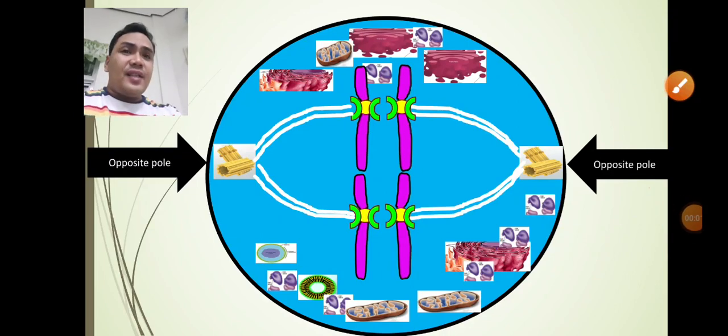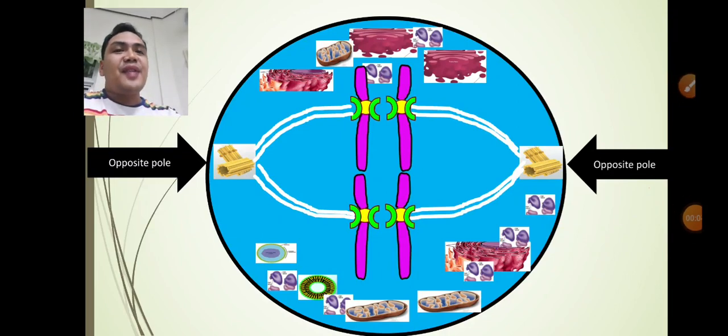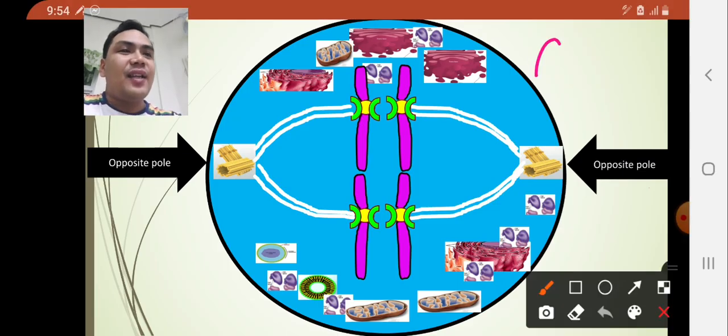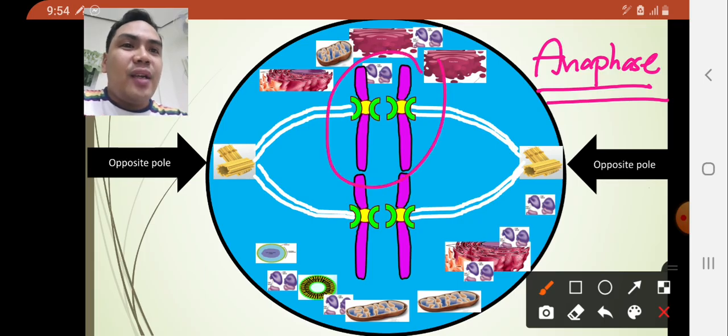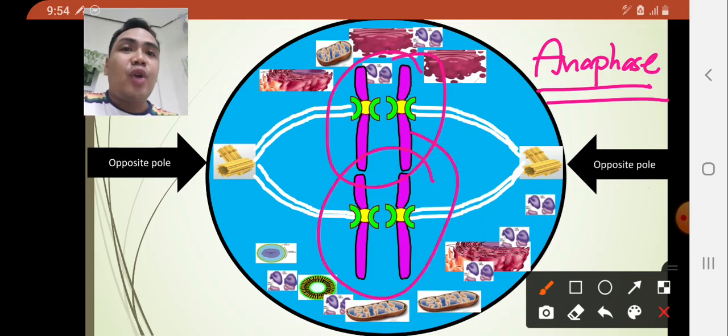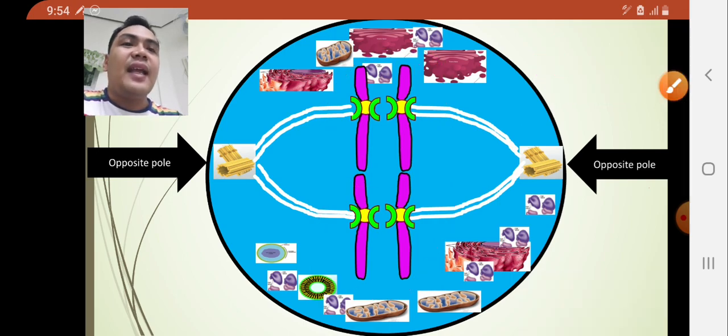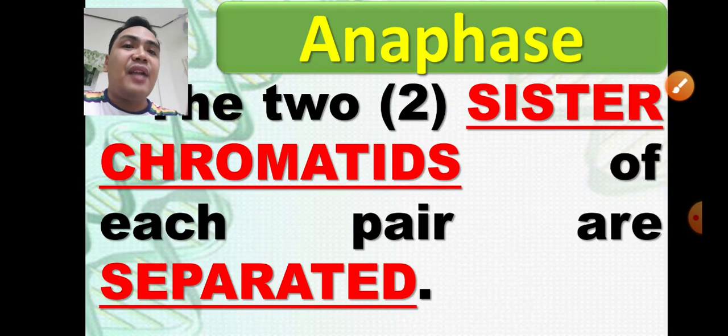So at the end of the metaphase stage, the cell will now proceed to the next stage known as the anaphase stage. Under the anaphase stage, there are four main events that we will discuss at this point, in which the first event was actually shown in our presentation. Observe carefully the illustration for our chromosomes. As you notice, in our illustration, the sister chromatids separate from one another. That is the main event for the anaphase stage.